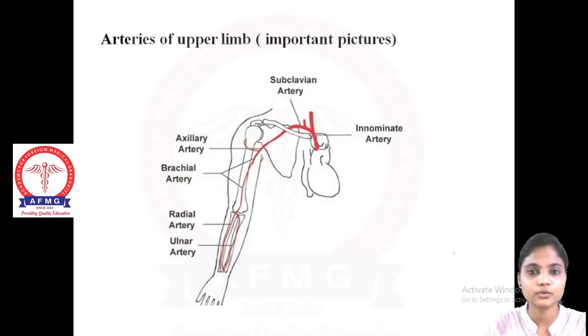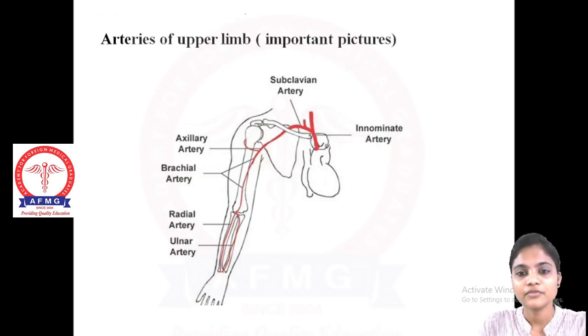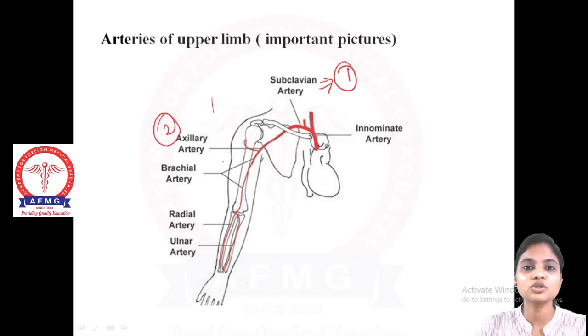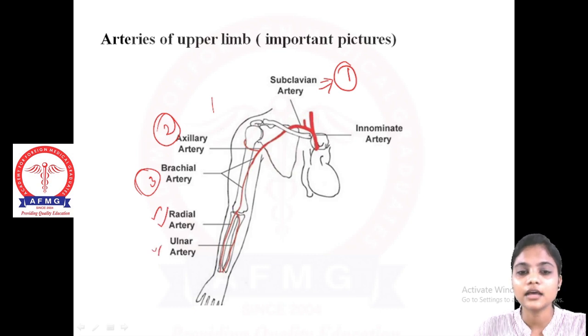Starting with this note, we'll start this session of arteries with a little bit of an overview of how to know the arteries. In the arteries of the upper limb, which start from the aorta, you know that the subclavian artery is the one you should know first. In our upper limb, the first artery that should come to your mind is the subclavian artery, followed by the axillary artery. Further, near the humerus, that should be your brachial artery, and then they bifurcate as the radial artery and the ulnar artery.